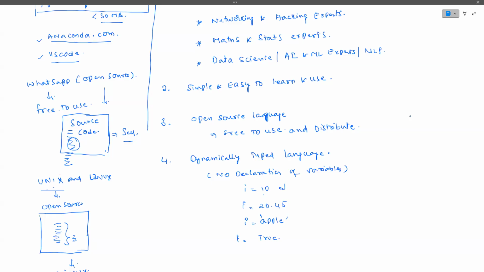First case, it will treat it as an integer. Python decides the data type. I'm not saying that Python does not support the data type, guys. Python supports data types, but declaration is done dynamically by itself. So in the first case, Python treats i as an integer. Second case, Python treats it as a float. We'll see it practically, guys. Third case, i is going to be treated as a string. And fourth case, i is going to be treated as a boolean, or bool.